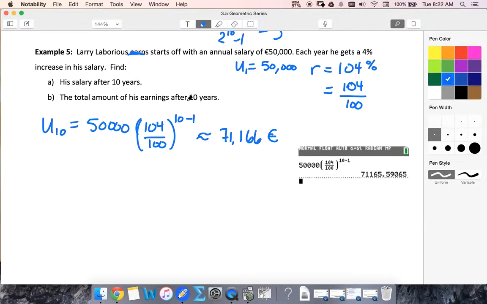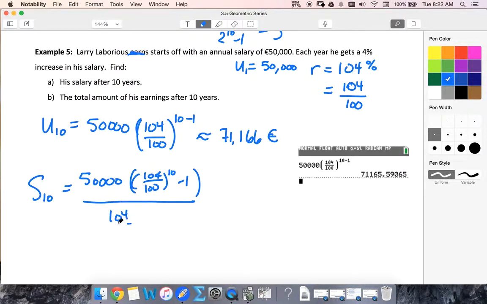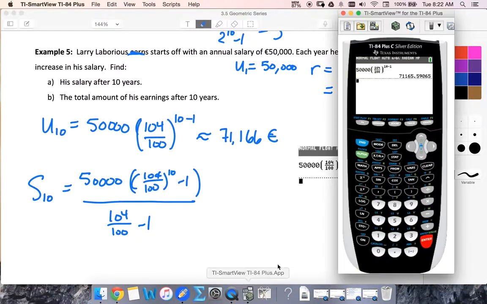The total amount, so if he saved every single penny and never spent any money, his sum after 10 years, U1 times R to the 10th power minus 1, all of that in parentheses, divided by R minus 1. So make sure we're typing this one in correctly. Fraction, 50,000,